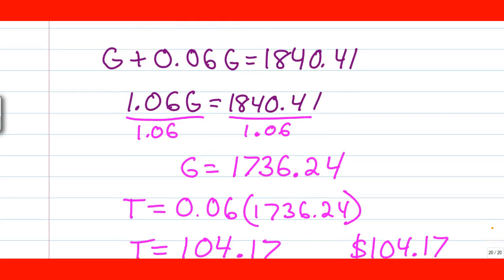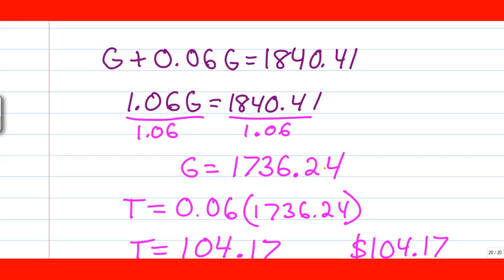1,840.41. Now I can combine like terms. I'm going to combine these two G's. Even though I don't see it, there's always a 1 in front of my variable. So I have a 1 up here. So this is 1 plus 0.06. So I get 1.06 G equals $1,840.41. Now I'm going to divide out that 1.06 so that the G is left on its own. Whatever I do to one side, I do to the other. So I find that G is equal to